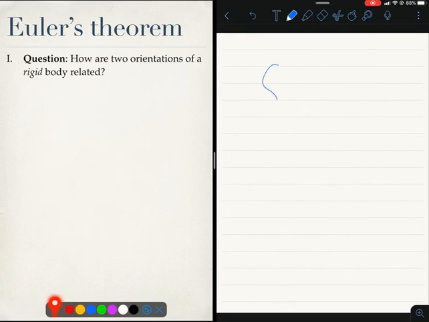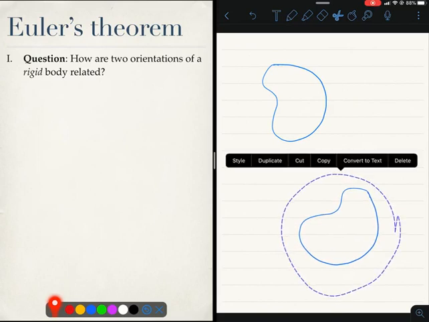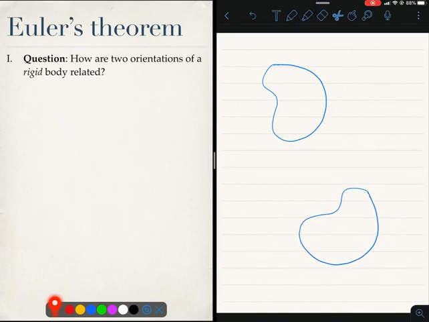So what does it mean? If I have a rigid body, and at some other point of time this rigid body was oriented in some other way, let's say like this, then I know that the shape of these two rigid bodies has to be such that the distance between any two points should remain the same. A cube cannot deform into anything but a cube, so the shape can't change.